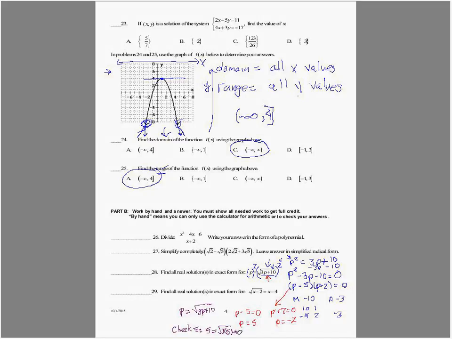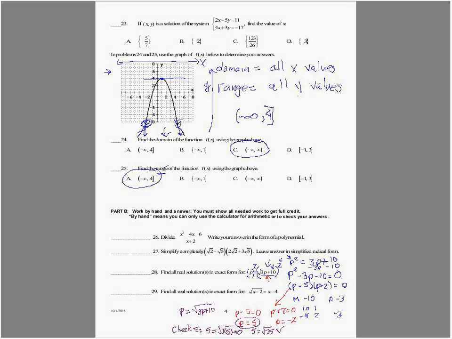And again, if you can't see what I'm writing, you might need to mess with the arrows on your screen. You might have to stretch your screen to see everything that I'm writing. So that gives us 5 equals the square root of, now 3 times 5 is 15, plus 10 is 25. 5 equals the square root of 25. That works. So P equals 5 is a solution.